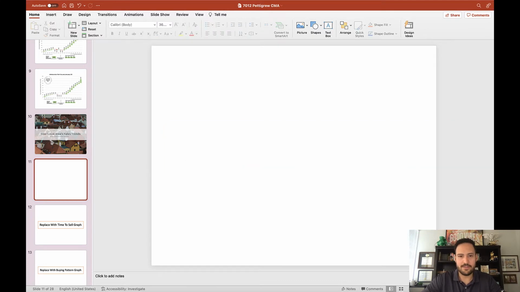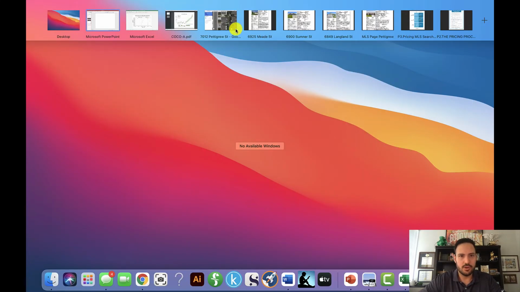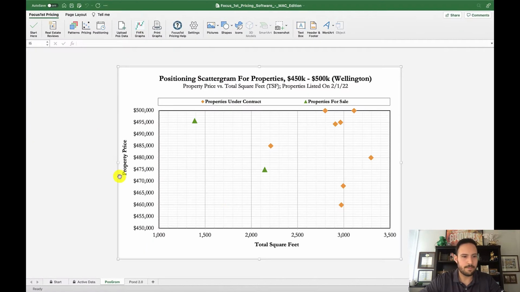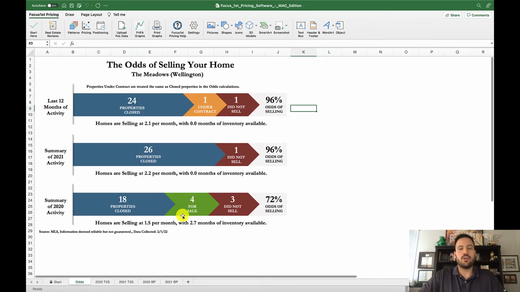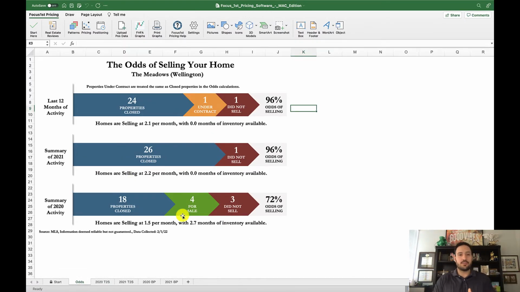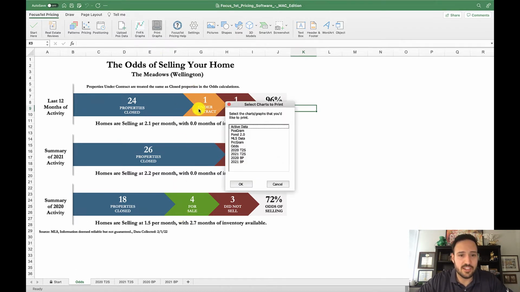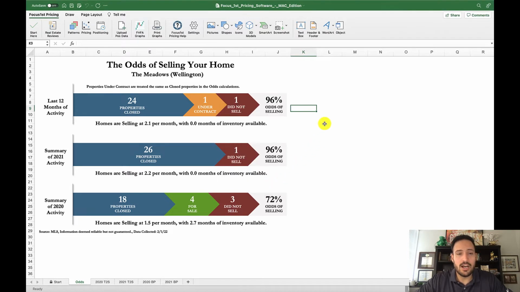Odds of selling graph, we're going to insert here. So what we're going to do is go to your Excel, go back to here. Now, you can either print these graphs in person and stick them into the bound paper version by clicking Print Graphs and selecting the graphs you want to print. If you're on PC, you can do that, and then it'll open up the print function. In Mac, it doesn't quite work that way, so you have to do each one at a time. So I'm just going to do this one at a time,